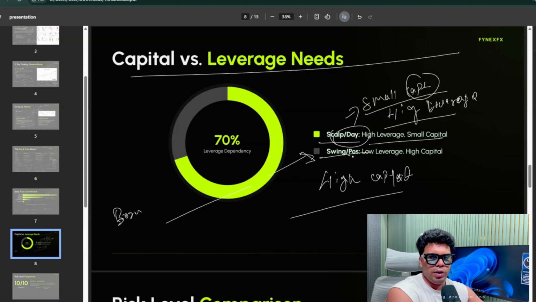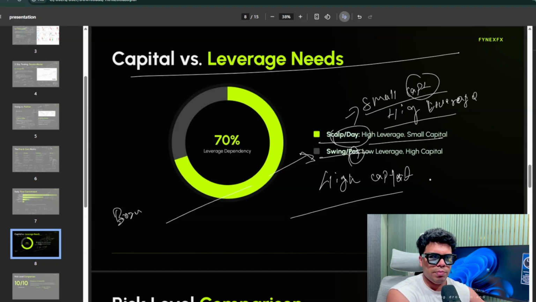For position trading you require high capital, because you're going to hold for the next 2 years, 3 years. You can start with small capital, but your returns will also be small, low returns from this small capital. At the same time, if you have big capital as a position trader, you're going to hold for the next 2 years, 3 years, and you're doing the fundamental analysis,